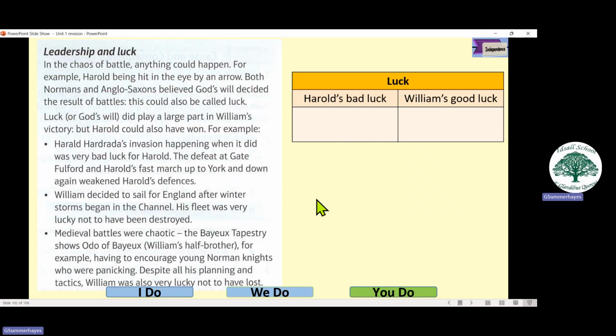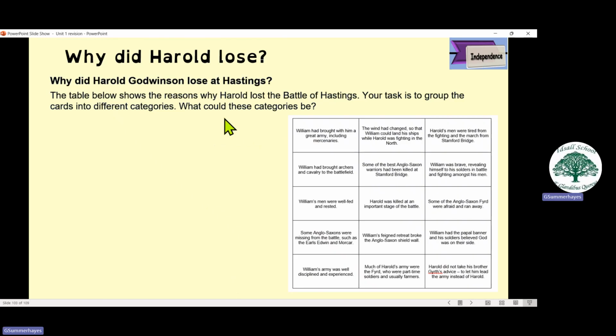There's the luck of the wind changing just at the right time. If the wind changed a couple of weeks before, Harold wouldn't have had to fight the Vikings. If it changed a couple of weeks later, he'd have been able to get more reinforcements. So the timing was bad for Harold, but good for William. Then also within the battle, the fact that Harold got killed was just dumb luck. William took his helmet off. He could have had an arrow in the eye. Anything could have happened. It didn't happen to him, but did to Harold. So they're the four reasons, if you get a question on that.